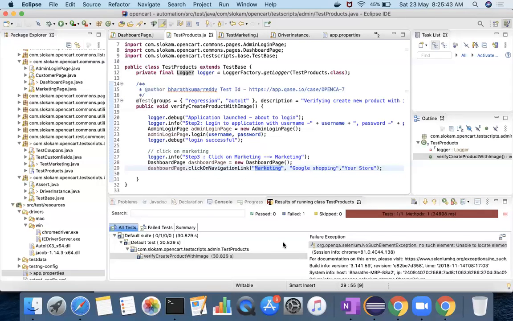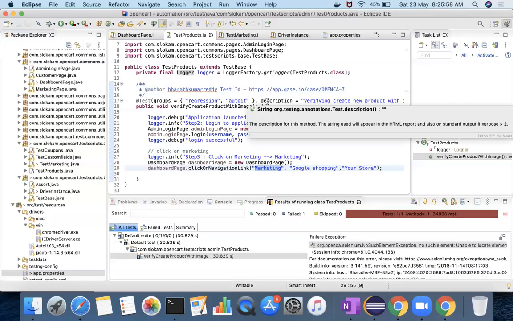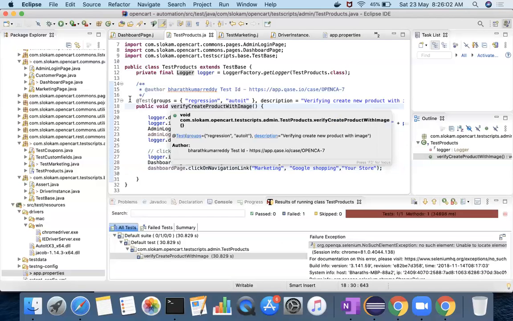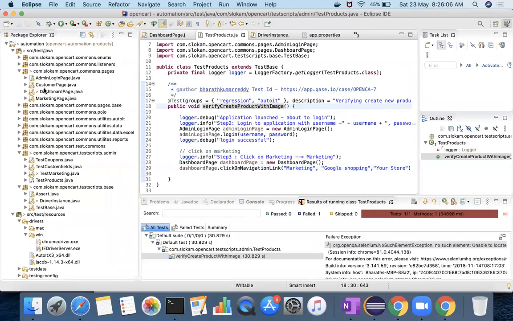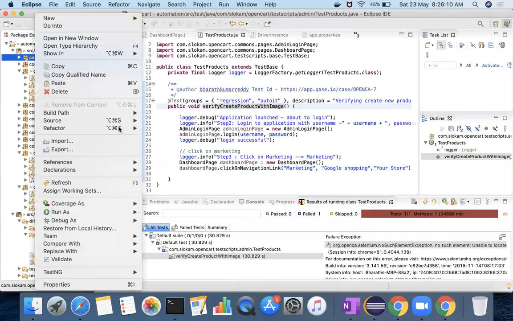Generally, those strings we have to define as constants. When it is in constants, let's say I just create a class.